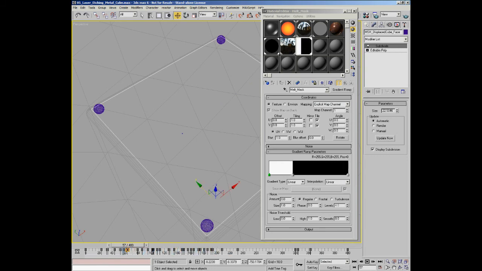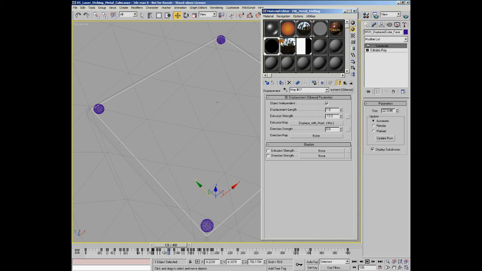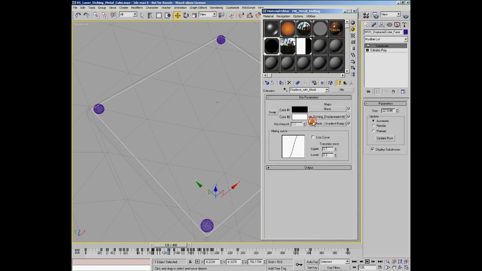I didn't just use a straightforward wipe across, because the laser doesn't cut in a linear manner. It follows the form of the words CG Academy, so it doesn't go across in a very linear manner. It stops and starts and goes back on itself and so on. So you can see that moves across, and that basically causes the displacement as it goes across. It's used in a mask in a material which provides that displacement. You can see we've got this material here, displaced with mask, and I've got a material set up